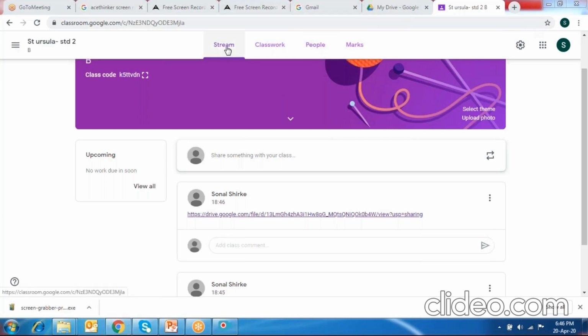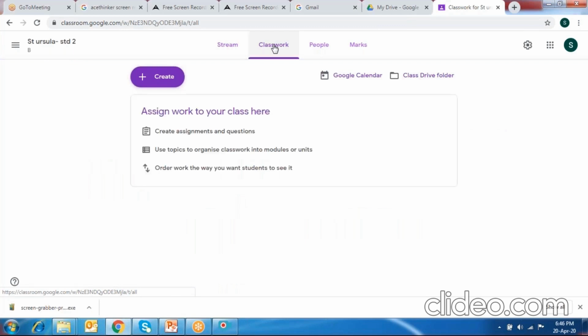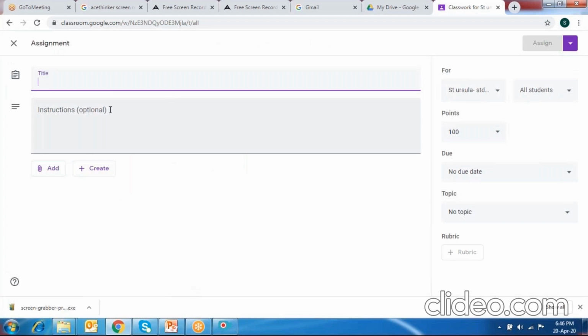Now there is one more tab besides stream, if you can see, which is mentioned as classwork. So let me just click on this classwork. Okay, so you have this option create. I click on it. You have n number of options which have popped here: assignment, quiz, questions, whatever it is. So suppose I click on assignment. So when I click on assignment, then you can create an assignment. So suppose I have to give a title. So I just write down assignment number 1. And if I have to add my assignment, then there is an option here which mentions add. So I just click on add.